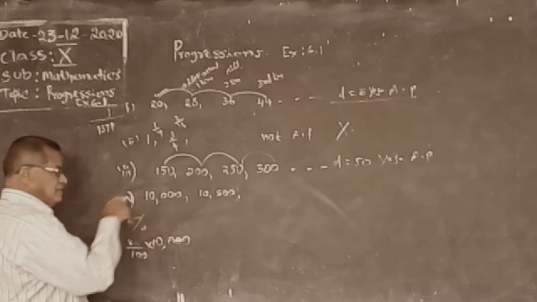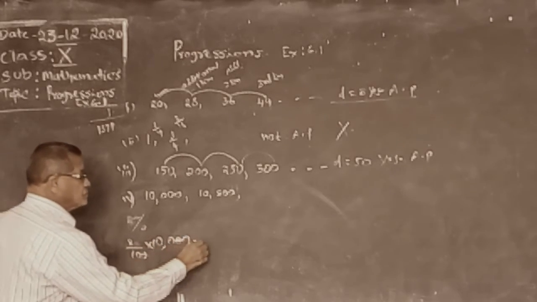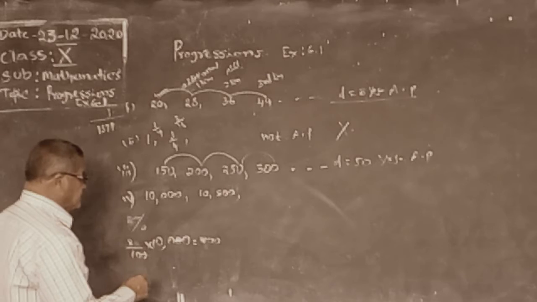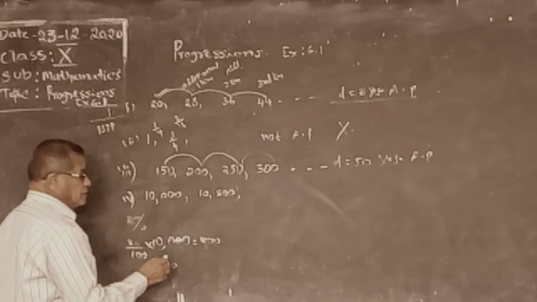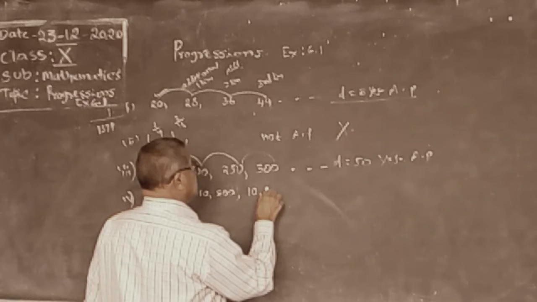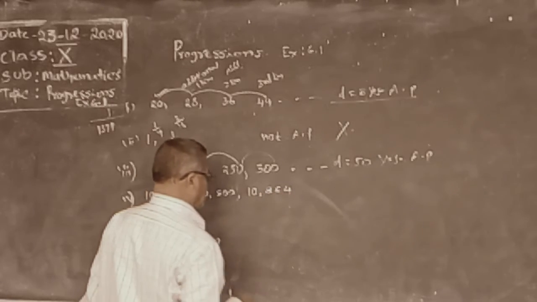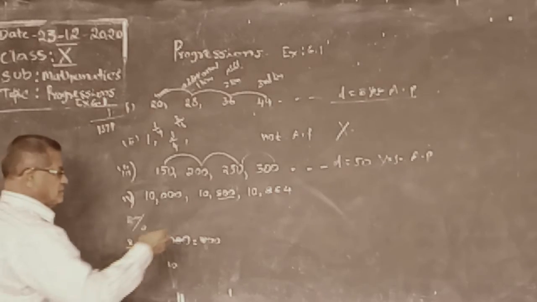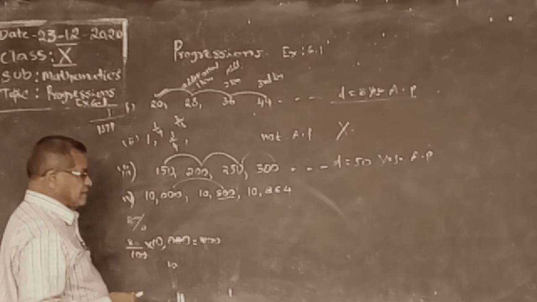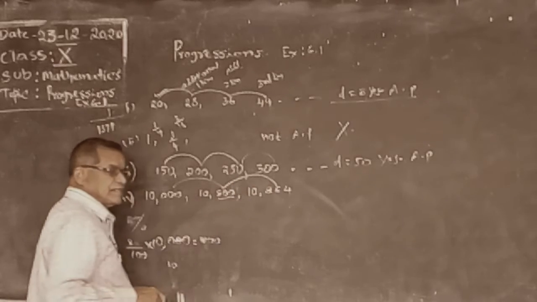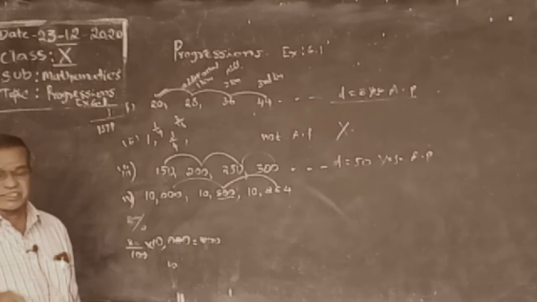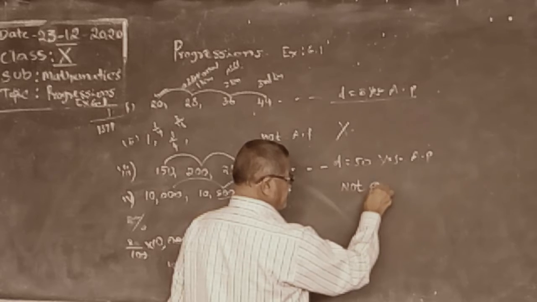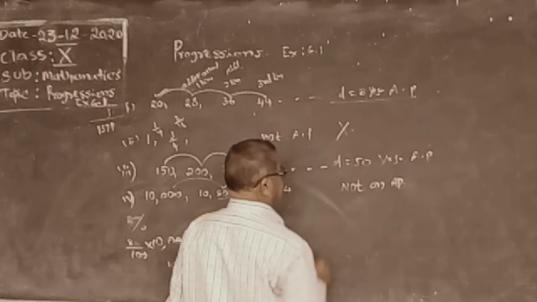Second year principal: the compound interest is added to the principal amount. Principal amount is 10,000, interest is 800. Every year 800 increasing. But in the second year, 8% means 864. This 800 also increases in percentage. Here see, the difference is not the same. First year difference 800, second year difference is 864. The difference is not same, so compound interest is not an AP.